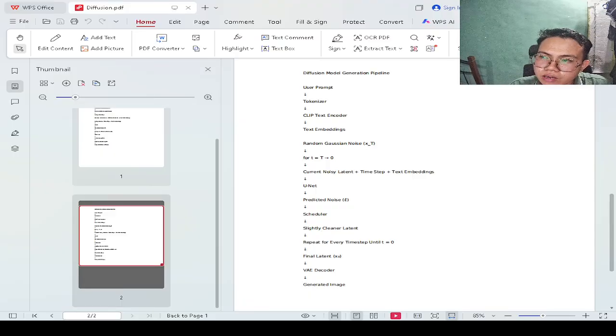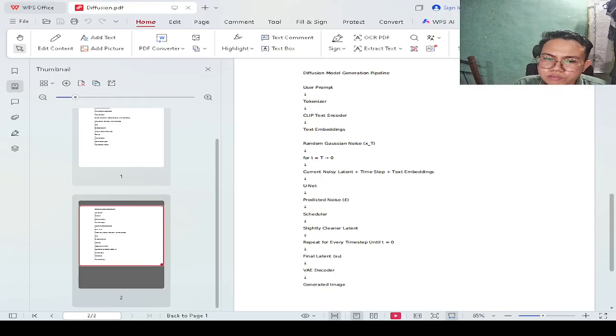Later on I will discuss why we need the time step. And then of course we need the text embeddings, and then we have this trained UNet model that is trained to predict the noise associated with the prompt.